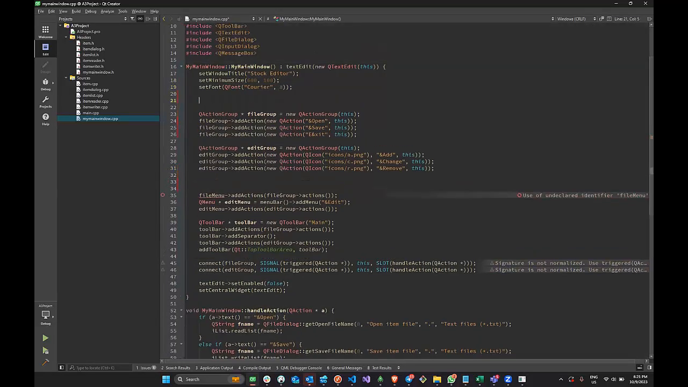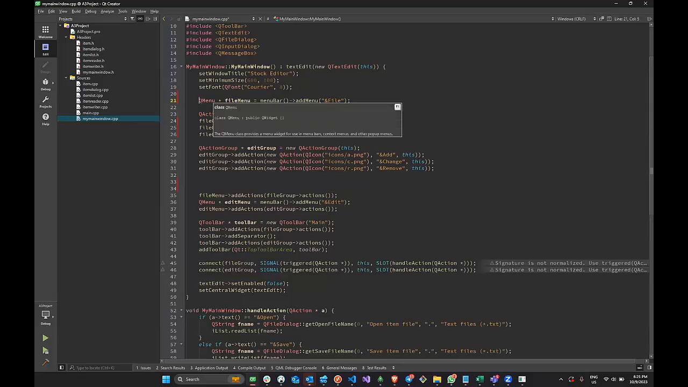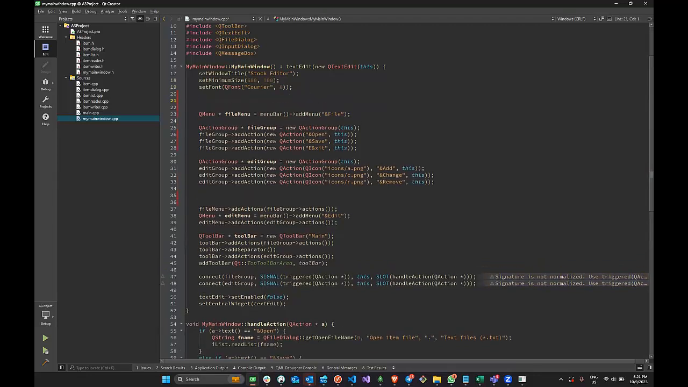So what you do is you create a menu. And to do that, you can use the menu bar function. The menu bar function returns the menu bar for you. And so it allows you to, instead of doing something like Q